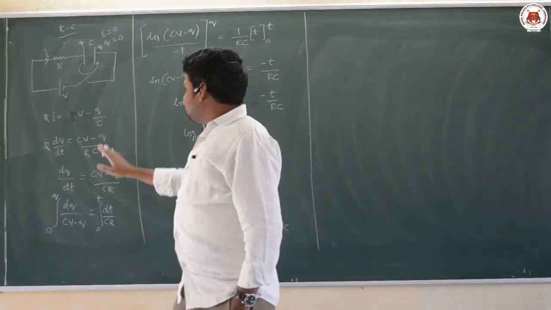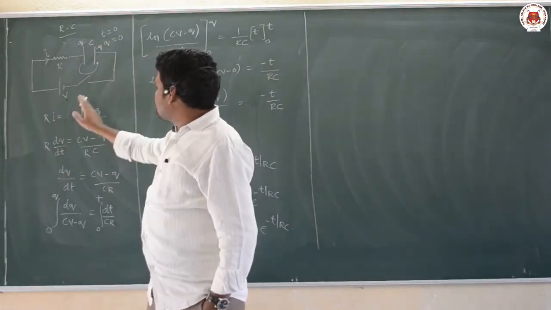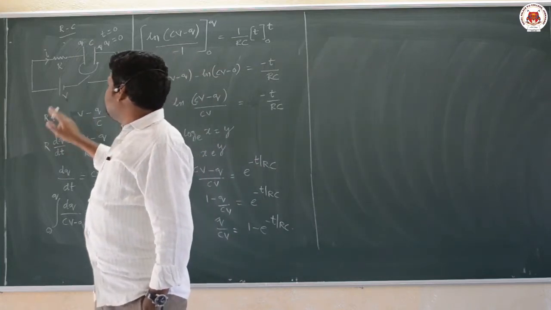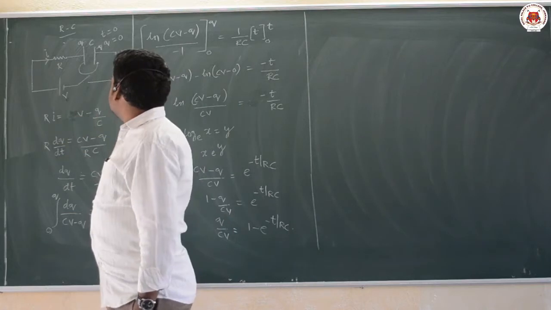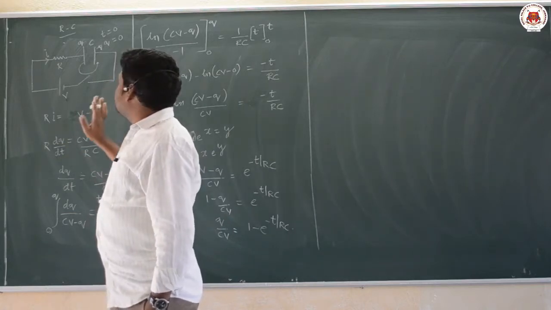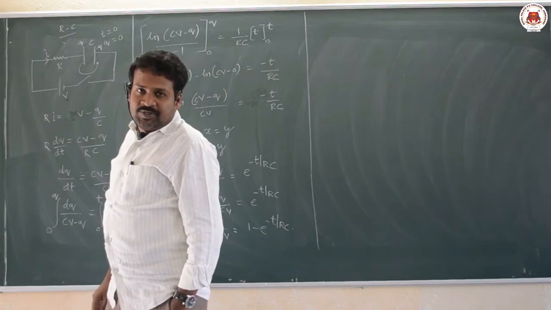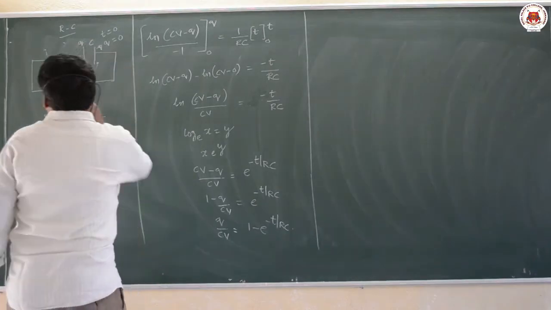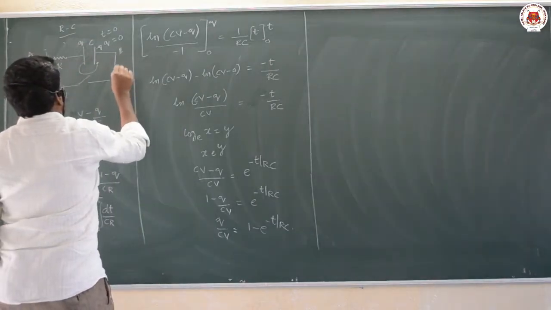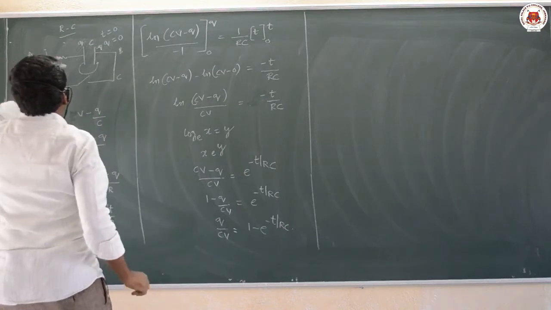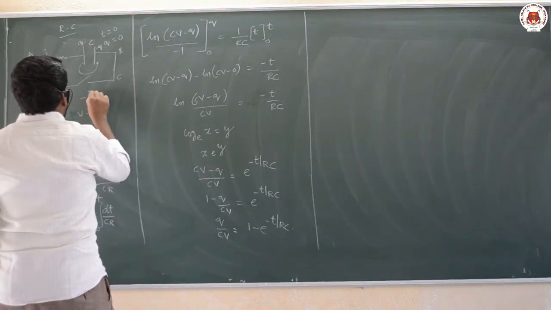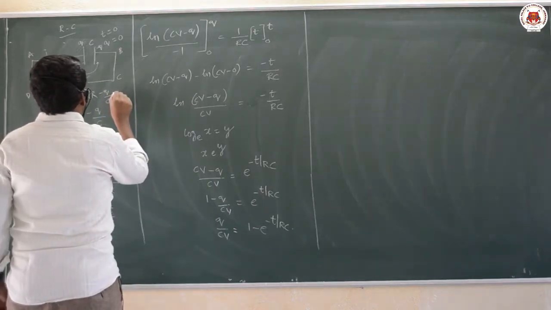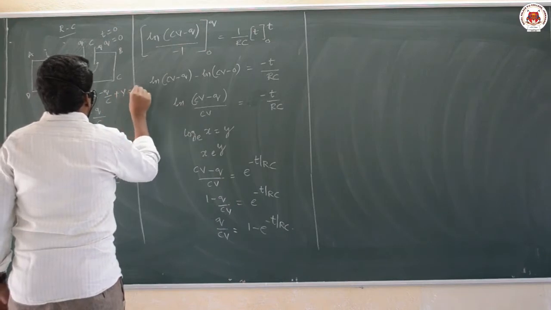See, if you apply Kirchhoff's loop law here, what will you get? The potential difference you are providing is V. The potential difference developed across the capacitor will be Q by C, because Q is equal to CV, so V is equal to Q by C. Now if you apply the loop law, let us take the loop ABCD. From A to B, minus I into R, minus Q by C, plus V is equal to 0.